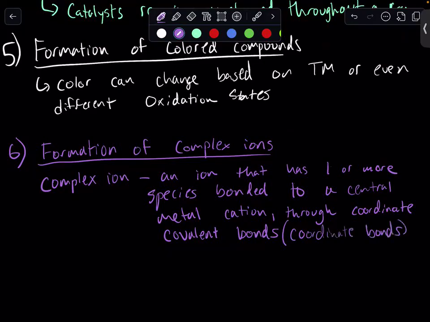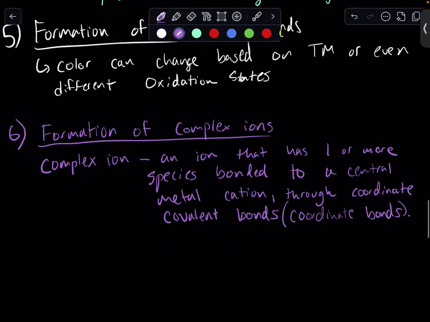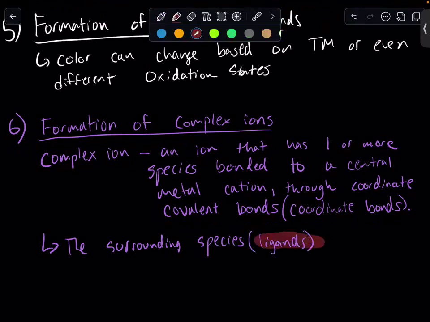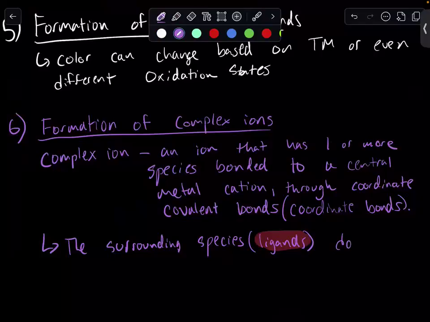You don't need to throw in the word covalent. We'll talk about those bonds more, but the important thing here is that the surrounding species, which we actually have a name for, these are called ligands. I'm going to highlight that one. Ligands are an important term to know and understand, but the surrounding species or ligands donates an electron pair